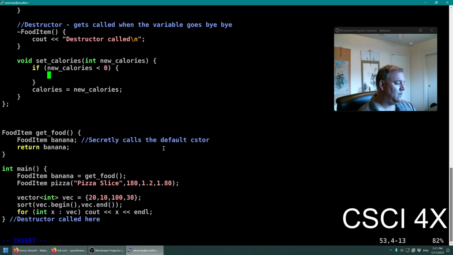Okay. So there's a couple different ways you can handle this. You can print an error message. You can throw an exception. You can just ignore it. I think probably the best option is to throw. We'll throw